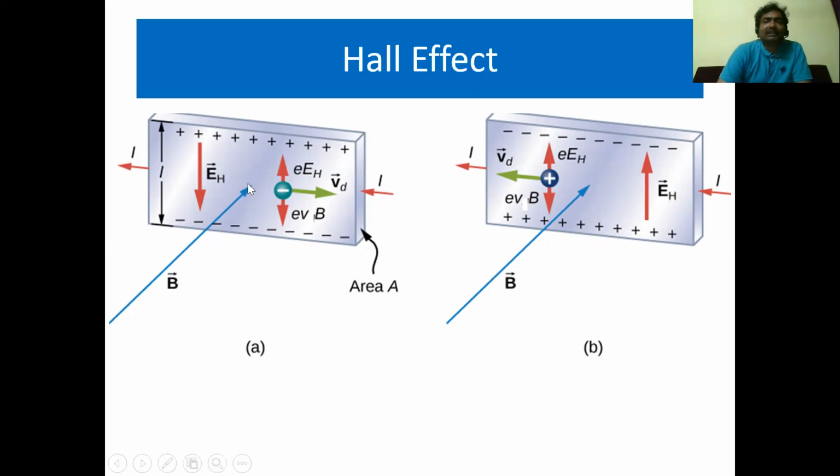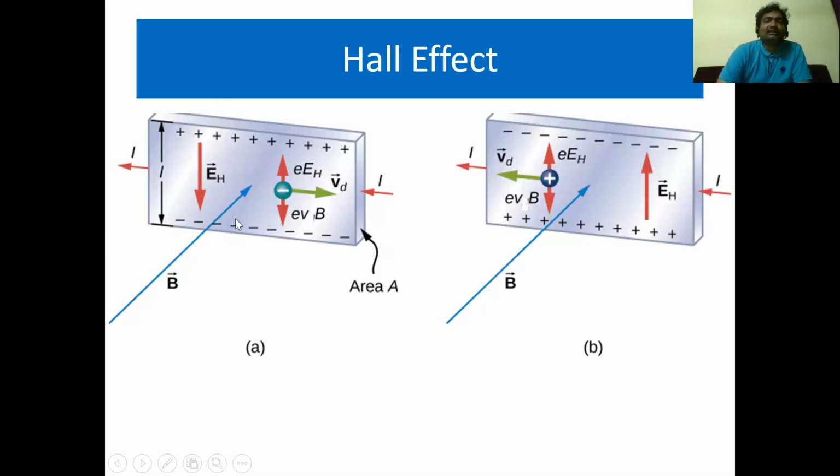Due to the application of this magnetic field, the electron experiences a certain amount of force Bev, which is called as Lorentz force. Due to this force, the electron gets deflected towards the lower face. In this way, a large number of electrons continue to accumulate on the lower face. Consequently, the upper face becomes more positive and the lower face becomes more negative. So when a voltmeter is connected to this face and this face, it measures a potential difference or voltage. This voltage is called as a Hall voltage, and this effect is called as a Hall effect.